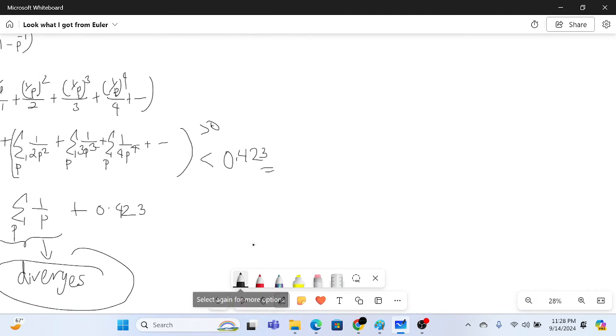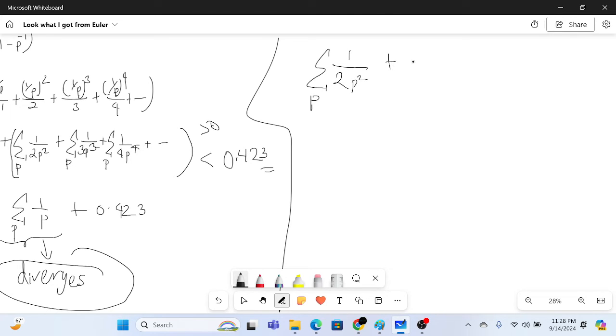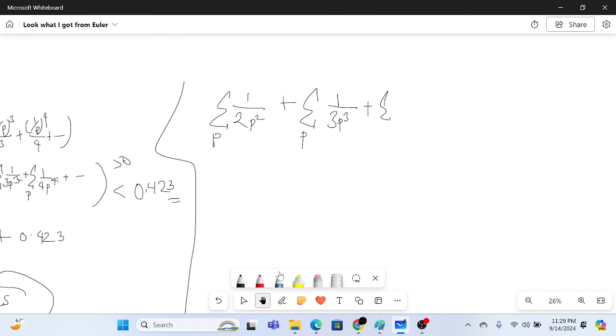Now let's try to prove this. It's not that hard actually. So sum over primes of 1 by 2p square plus sum over primes of 1 by 3p cube plus sum over primes of 1 by 4p to the power 4 and so on, right? Now what I can do is, we know that this sum is greater than 0. We don't need proof for that because all numbers are positive. So now I will say that this sum will be lesser than sum over